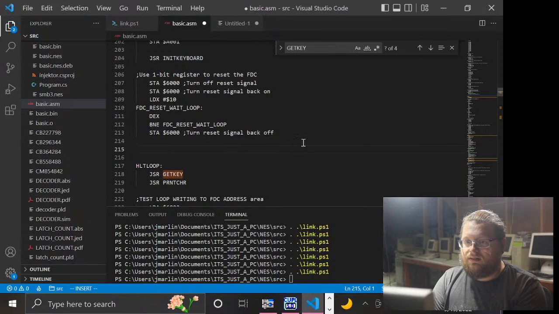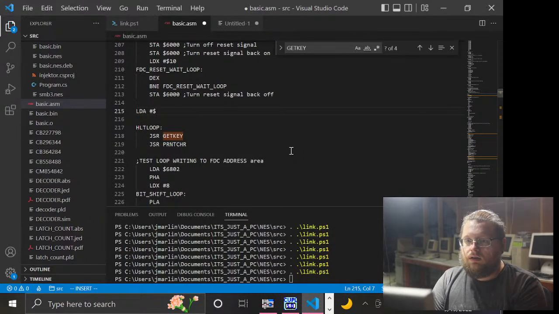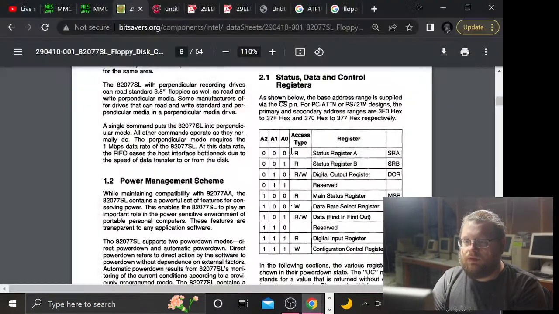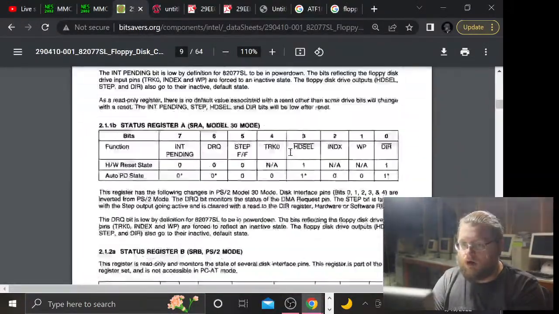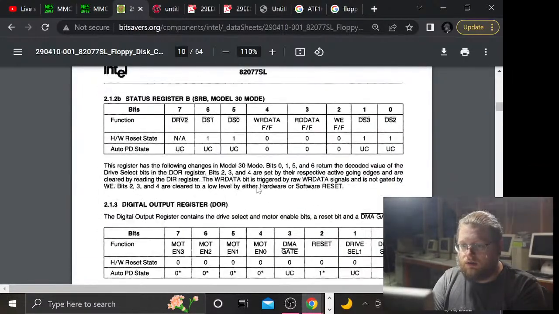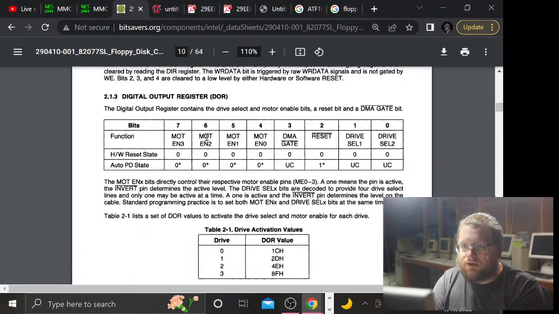now that we've got that, yeah, all I really need to do is load a 80. Let's see. What are all the bits? Because, of course, the first 4 are... Let's see. Yeah, the first 4 are motor enables, then DMA gate and reset, or not resetting. I'll have to check to see what that actually does, because